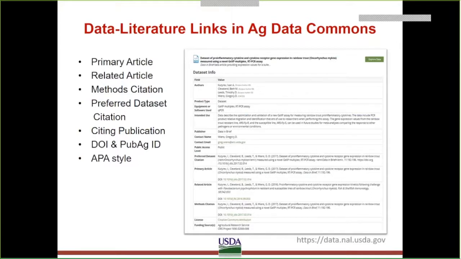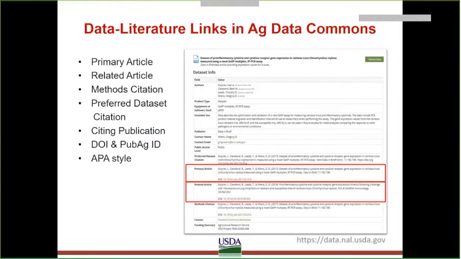So firstly, what are the data literature links in Ag Data Commons? I mentioned the primary article or data paper here, in which the data is the main topic described in the article. Often accompanies a related article where the data are applied in a research context. And there's an example here of the related article where the data are applied.